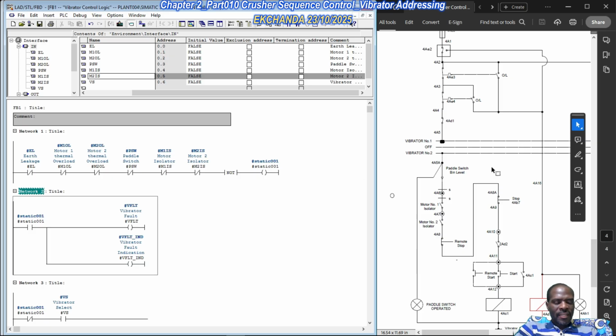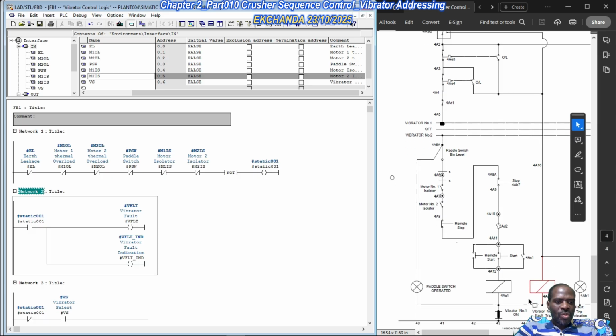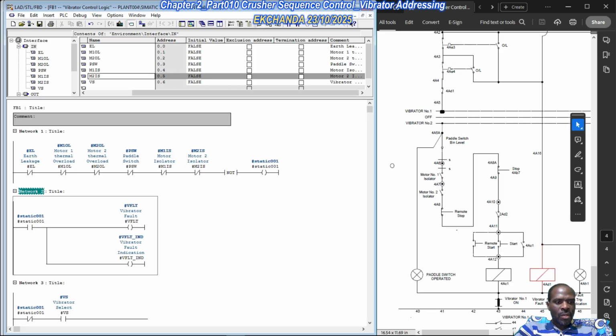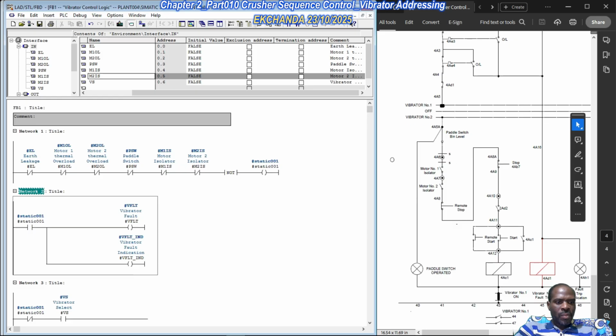What you're thinking is these isolators and the powder switch are not part of the original control of the fault trip. Okay, but in a way you could also think of these as being part of the protection aspect. Imagine if for some reason this vibrator was running and someone opens the isolator. Okay, so this would clearly trip the vibrator, it would clearly trip the vibrator because of this position